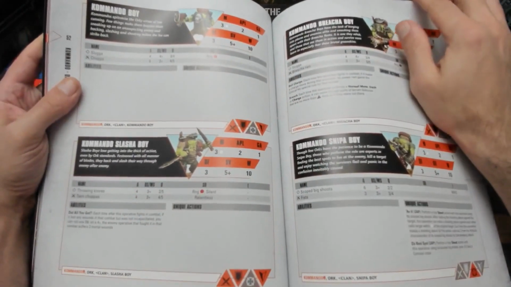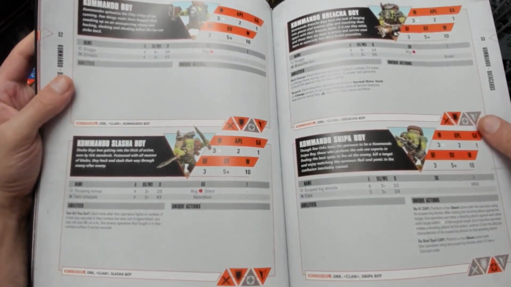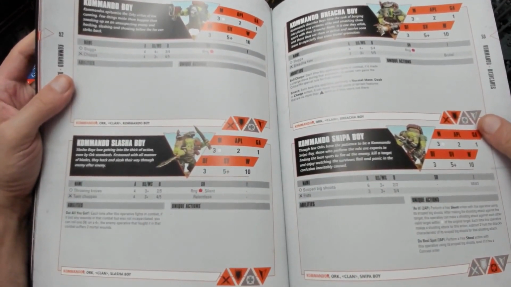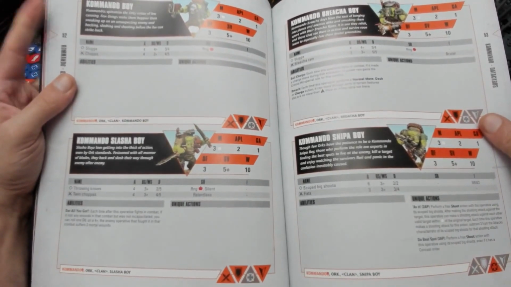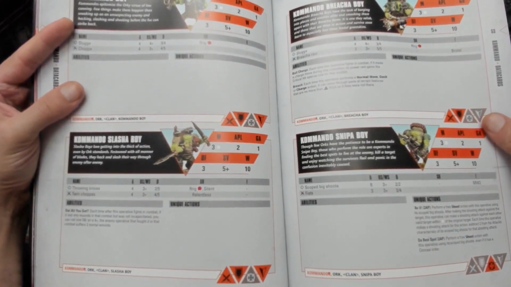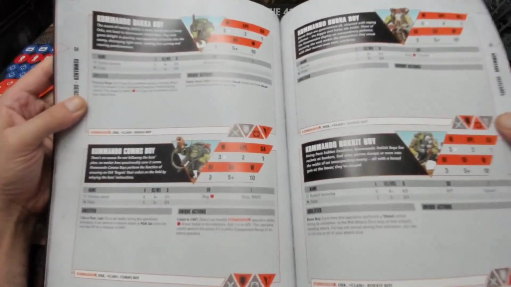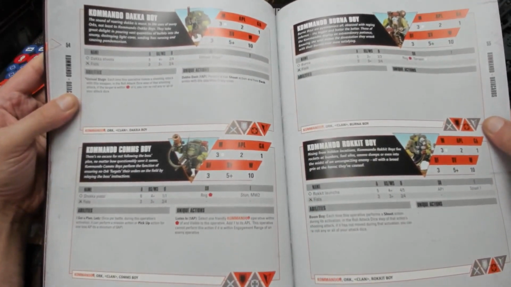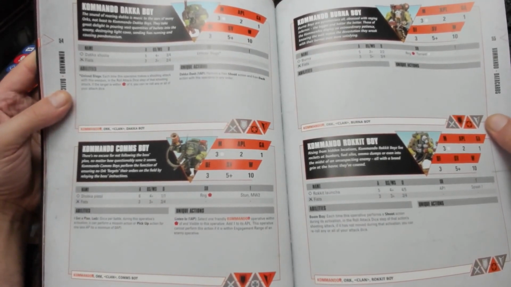And then for the orcs, this is easy because you don't have to worry about it. It tells you how to build all your guys that you need. So you're going to have your commando. You can build him with either the slugga choppa. There's a couple of those actually. Then we have the slasher boy, the commando breacher boy, the commando sniper boy. Then we have the commando daka boy, commando comms boy, commando burner boy, the rocket boy,